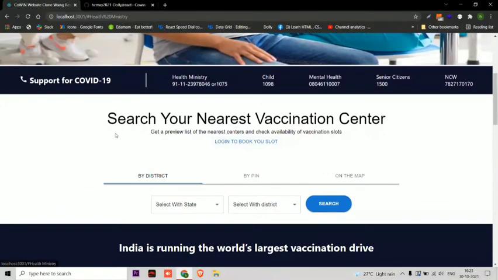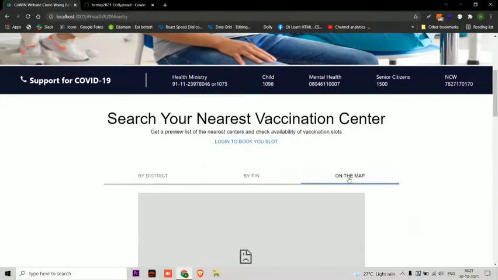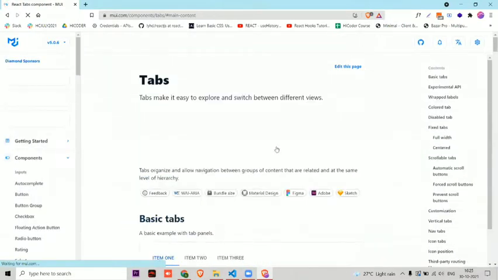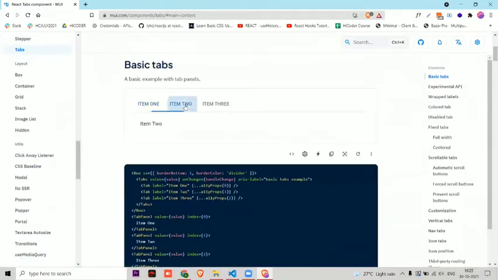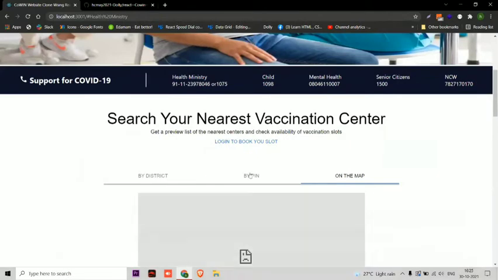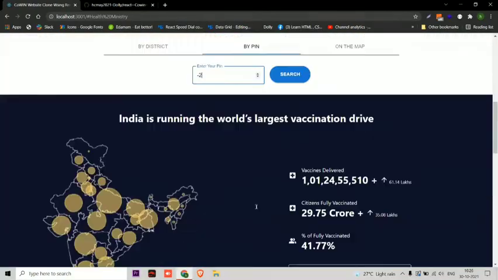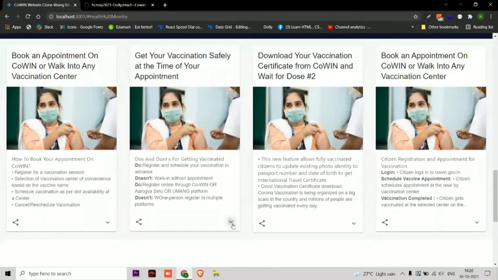Okay, now let's go. And here also we have used tabs only. If you observe, then here I said that it was showing item 1, item 2, right? So for that also I have used the first one, and at this place I have used buttons and a text area to get the pin here, and I have given a button here, nothing else. Okay, and what else? Next is cards.